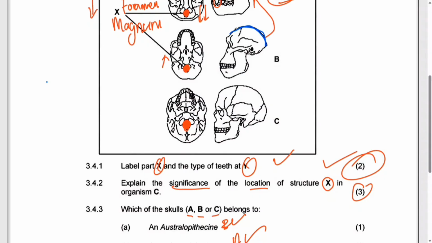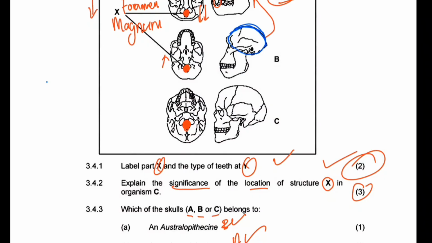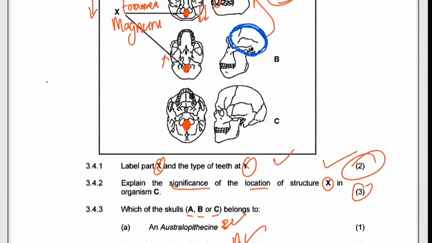If you compare where I am circling, that is the cranium, the part of the skull that protects and houses the brain. So if you compare the size of the cranium of B and C, it is not the same. And since we know the cranium houses the brain,